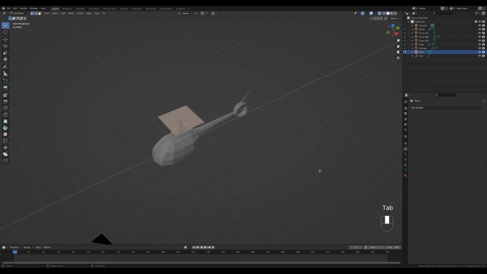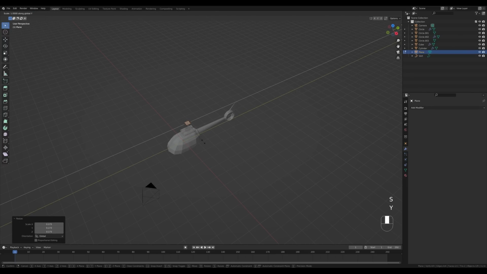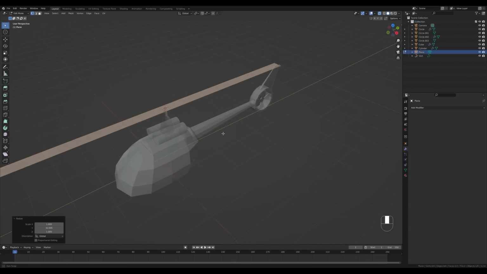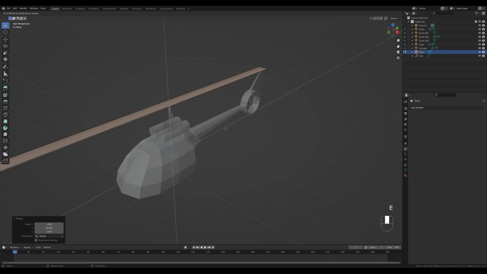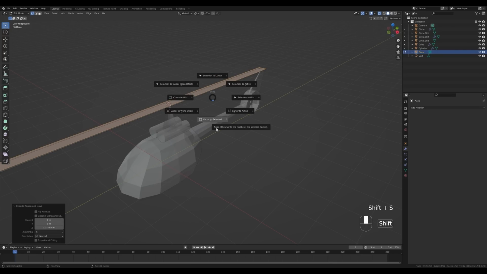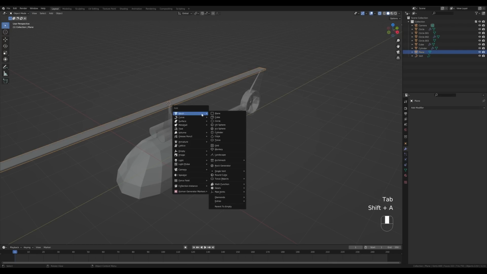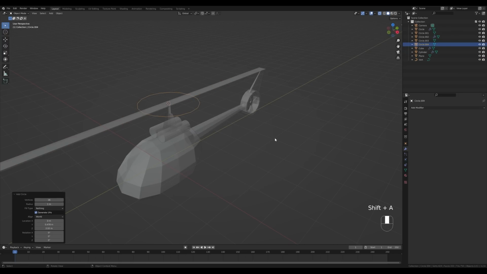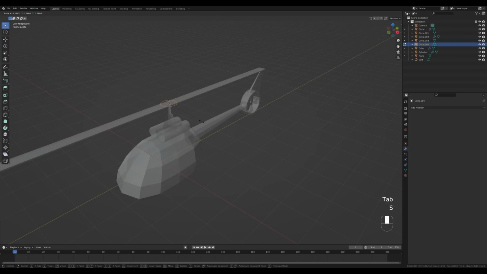So let's press Tab to enter edit mode and S to scale it down, and now S then Y to scale it on the Y axis however far you like, something like this, and we can press E to extrude. And now the final touch, I will hold Shift S, snap cursor to selected again, tab out and let's press Shift A and let's add another circle, tab into the edit mode, press S and scale it down, press F to fill, E to extrude once again and scale down.